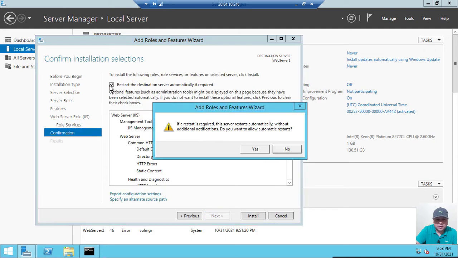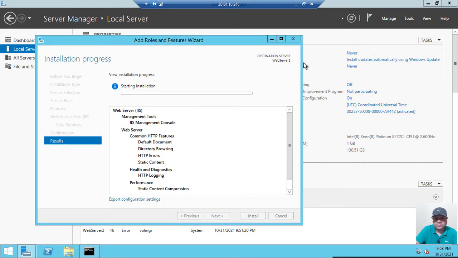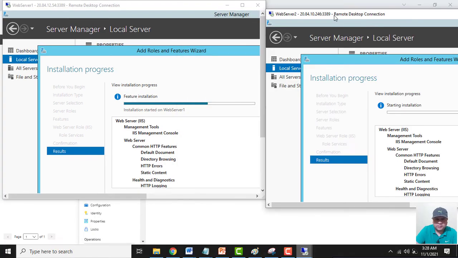Click on restart the destination server automatically if required. Press yes. Click on install. Now let's wait for some time and let the IIS web server be installed on both the servers. So once it is installed, we will be configuring it.